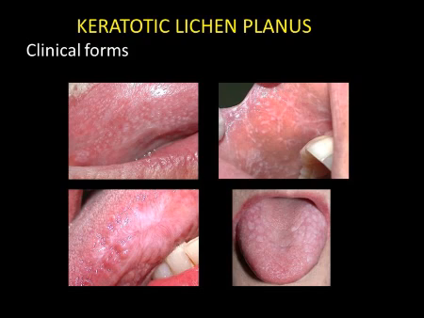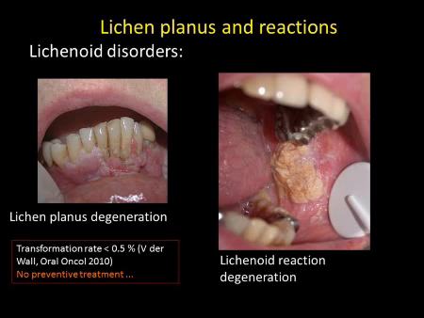A few examples of keratotic lichen planus. The photo on the left shows a punctiform appearance of lichen, which will progressively form striations between the papules and take on a more iridescent appearance on the border of the tongue. On the dorsal surface of the tongue, the lichen manifests as white plaques which correspond to the fusion of filiform papillae. Lichen planus and lichenoid reactions may develop into squamous cell carcinomas.